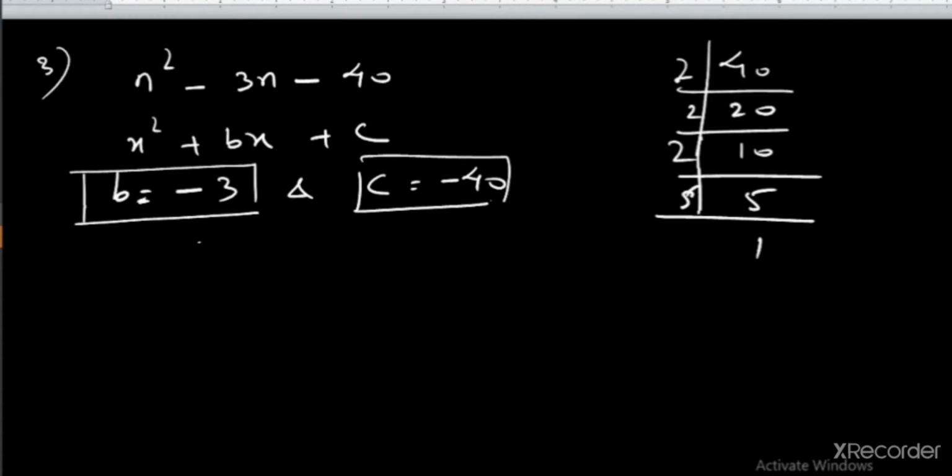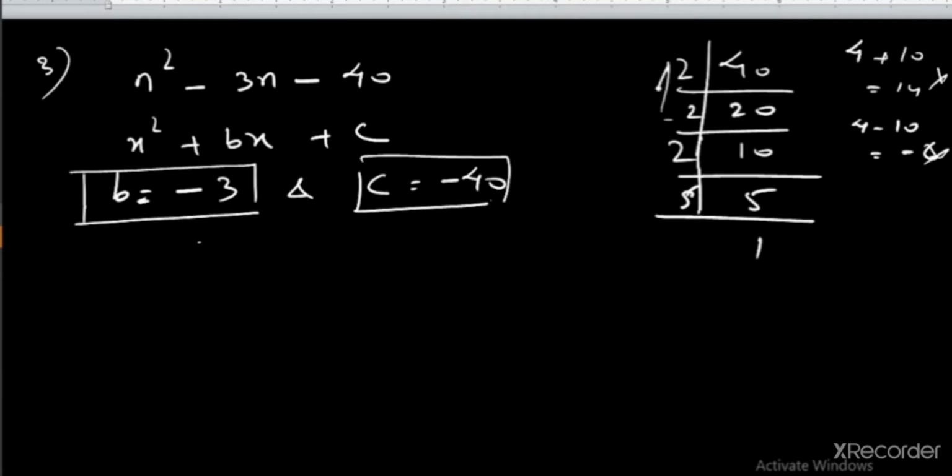If we do 2 into 2, only 2 into 2, if we take this 2 as a pair, it will give you 4, and 2 fives are 10. So one is 4, one is 10. What will you get? 4 plus 10 gives you 14. Let's try minus. 4 minus 10 gives you minus 6. So both are not possible.